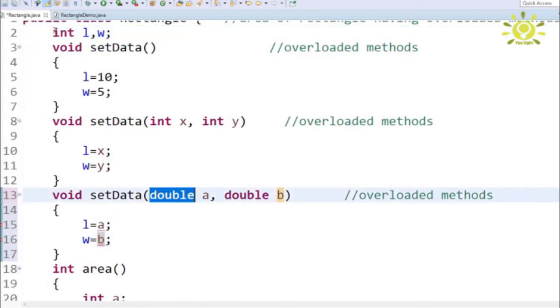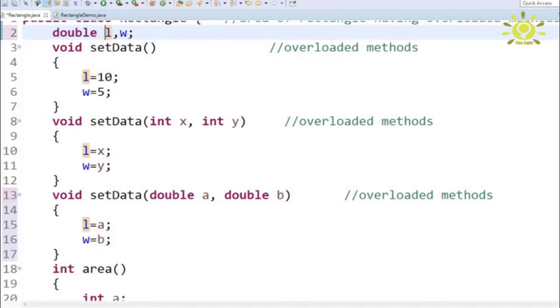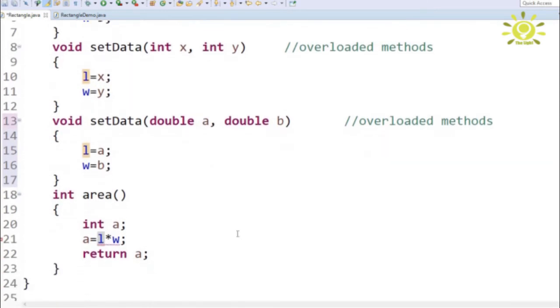So change them into double data type, and L and W will also be double.